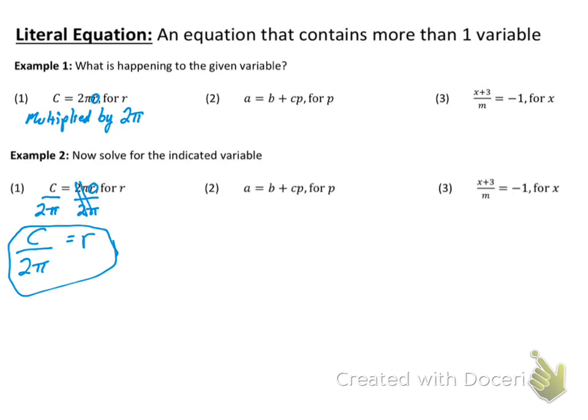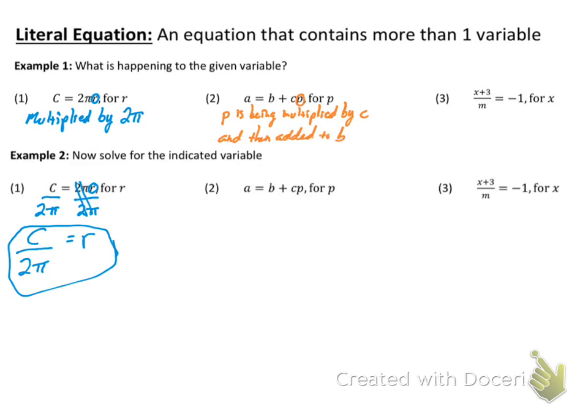In number 2, we have a equals b plus cp. And I want to get the p by itself. So what's happening to p? Well, p is being multiplied by c and then added